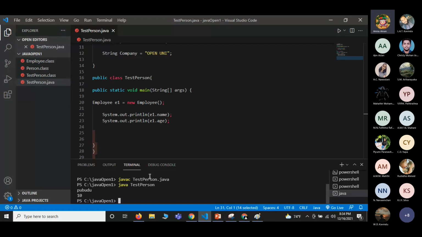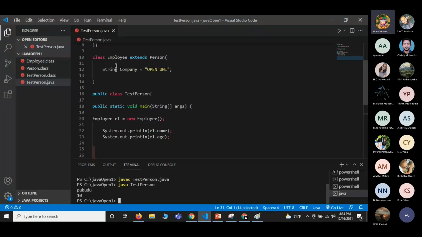Yes, pubudu and the 10. Here, can you see pubudu and 10 are there? But do we have anything within the employee class? No, right? You can't see anything. But if I type this one also, see,